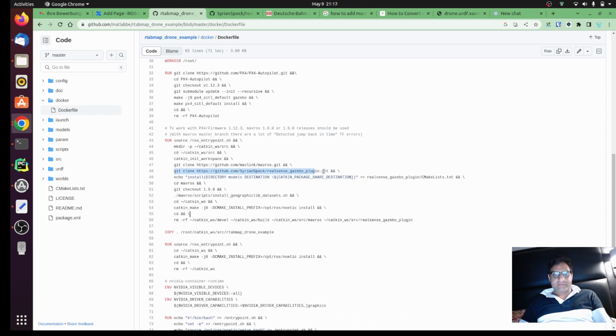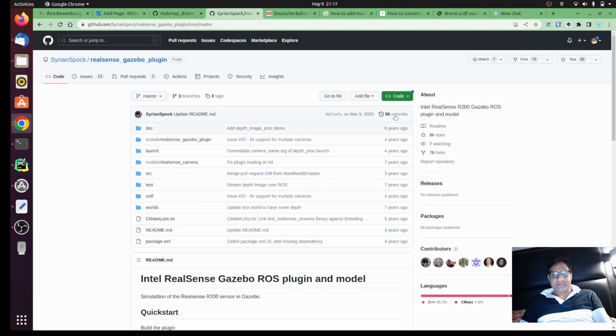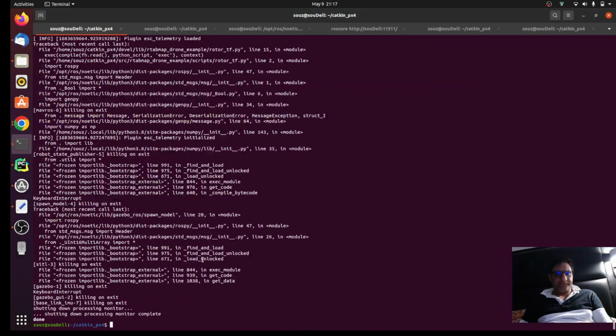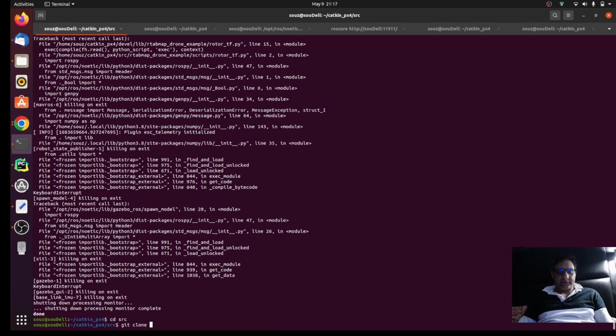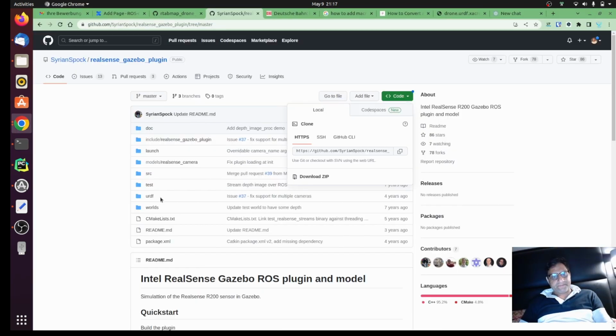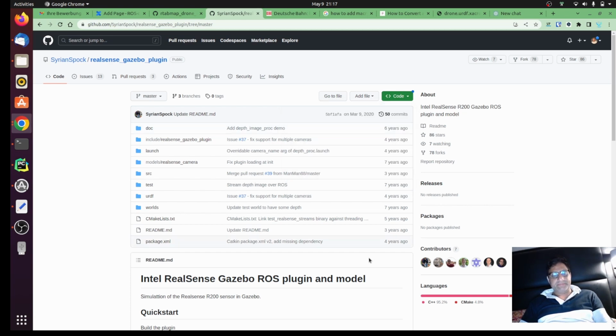So we're just going to go here and copy this. I have opened this tab here. You just go to clone this. Simple stuff. You go to source here and git clone this, right? And it's going to clone the complete RealSense plugin, and then you do catkin_make again. So easy stuff. You do catkin_make, and it's going to compile the plugin in the devel install directory,